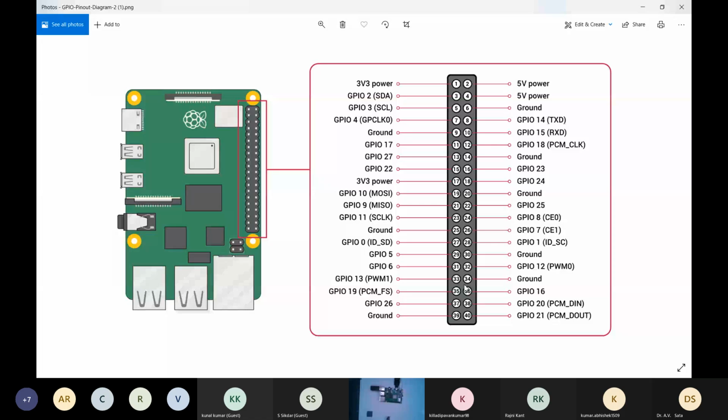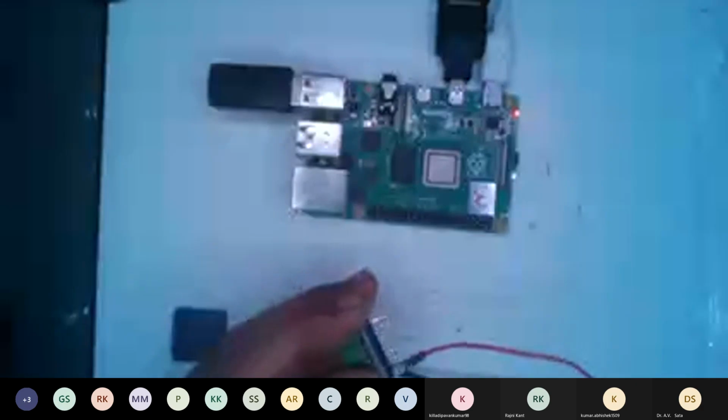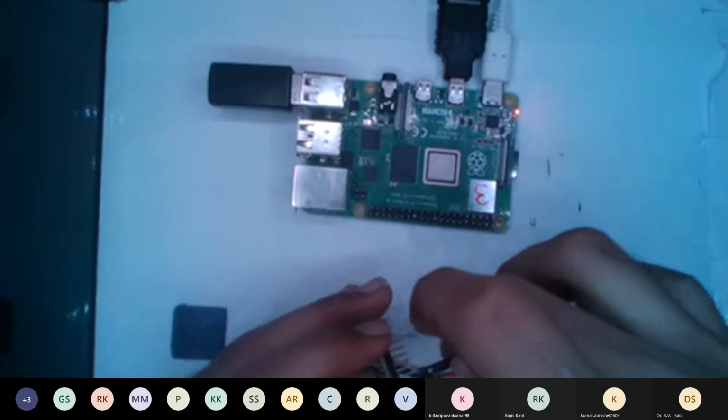And I'll just try to connect it. I'll use a red wire for voltage, a black wire for the ground.